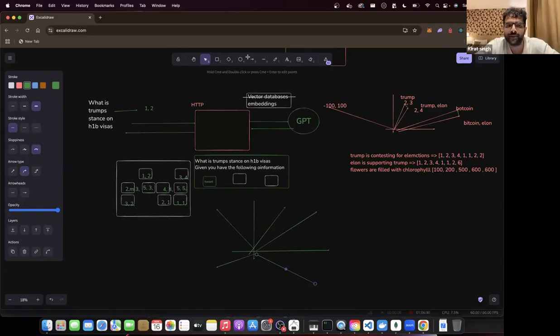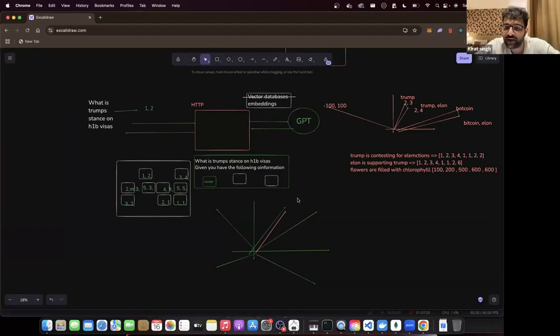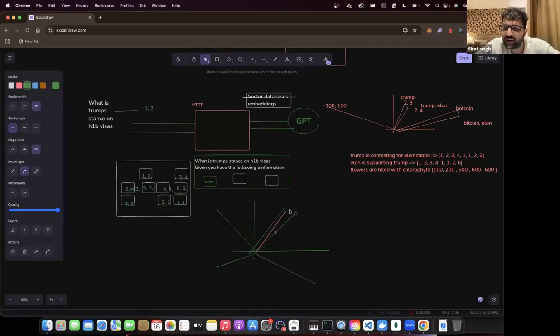Now when the query came, you converted the query also into an embedding. You converted this also into an embedding and saw where it lies. And the closest one is probably the one where Trump is being talked about. If this question is about Trump, hopefully, even though this is probabilistic, there is a high probability that there something else is being talked about. Yeah, it's not related to Trump, but there is a high probability that this, or let's say this was also very close. All three of them were about Trump. So it makes sense to forward all three of these to GPT. Yeah, these are the closest embeddings that I found.